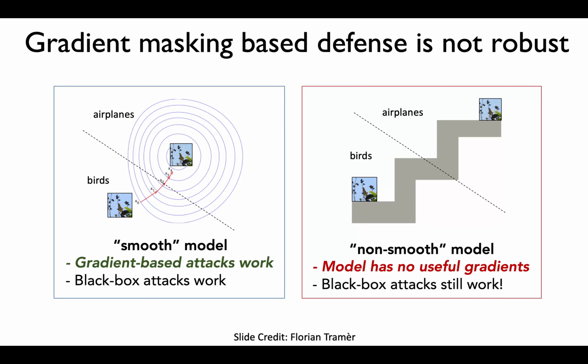The approach taken through gradient masking was to replace a smooth model with a non-smooth model. In a non-smooth model, the model does not have useful gradients, and therefore the attacker cannot use it to launch an attack. But the problem is that for both of these models, the smooth ones and the non-smooth, the black box attacks still work, and they've shown to be very potent, and they effectively have reduced the effectiveness of gradient masking as a potential solution.